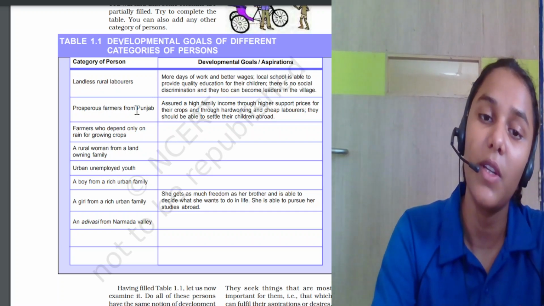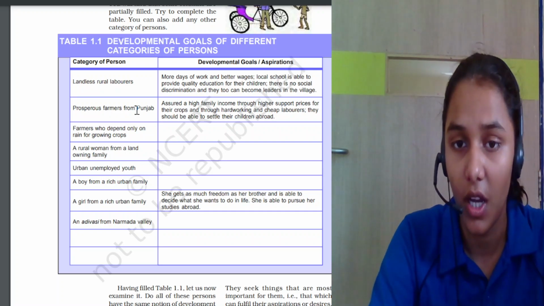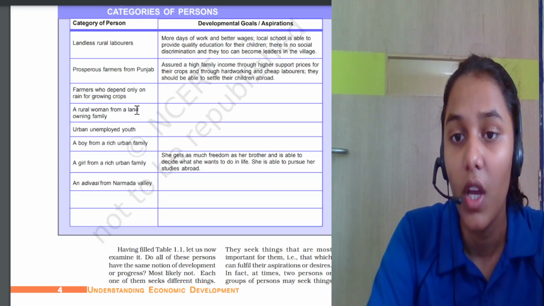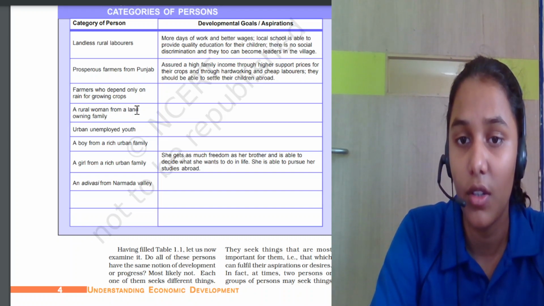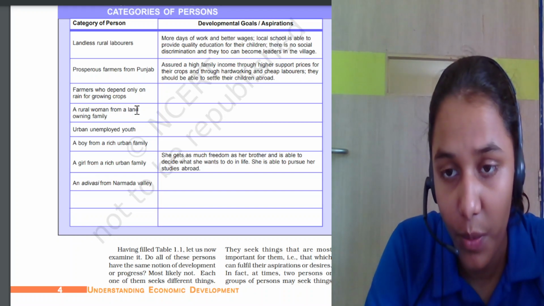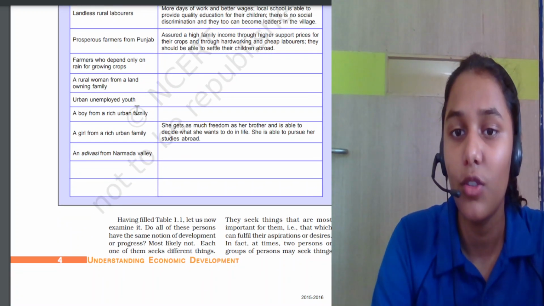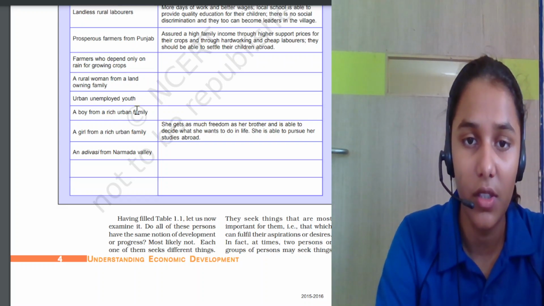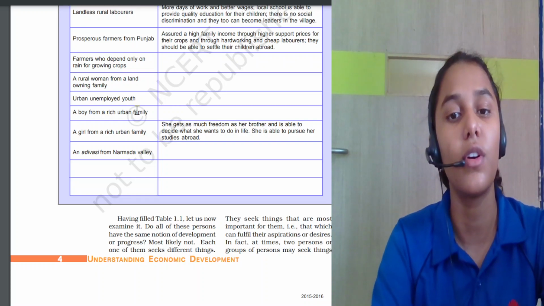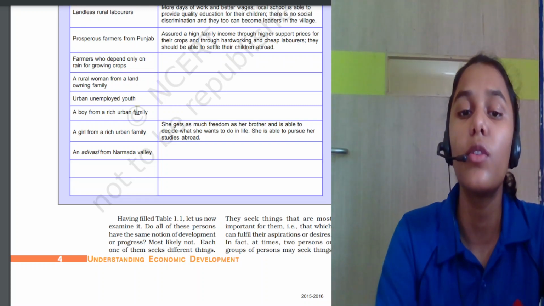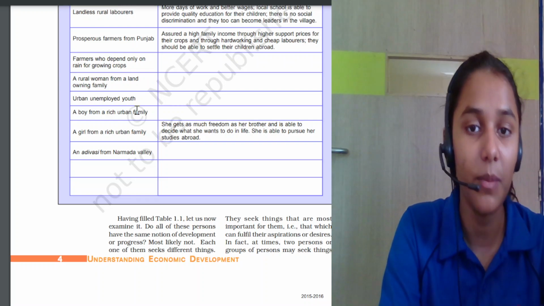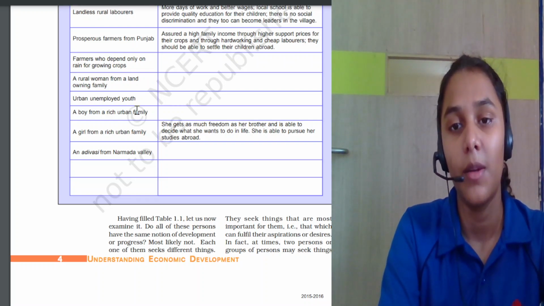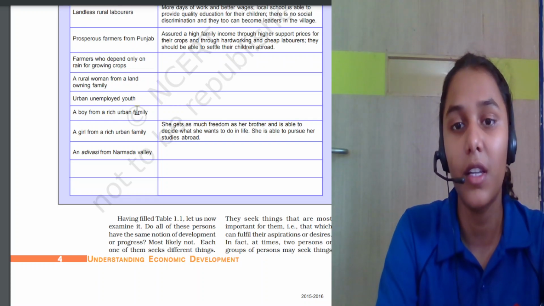Now, what is development for a prosperous farmer from Punjab? He wants an assured high family income through higher support prices for their crops and through hardworking and cheap laborers, and they should be able to settle their children abroad. Now, the next row is of farmers who depend only on rain for growing crops. So, according to you, what would they be wanting? They might want a proper irrigation system provided by the government,